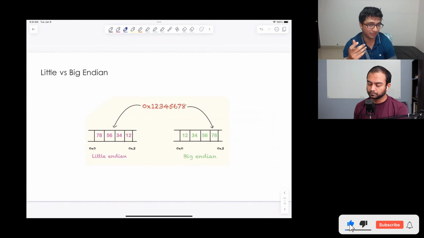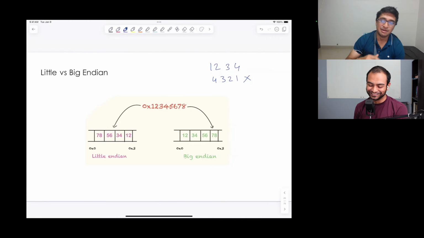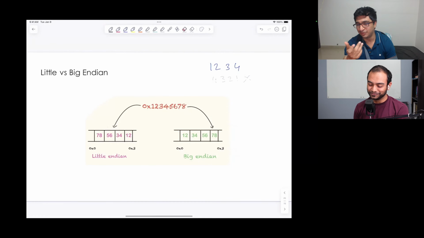I have seen people opening a debugger, looking at a memory view, and realizing that the numbers are not written in the right order, thinking that the data is corrupted. Instead of 1 2 3 4, they see 4 3 2 1, and think maybe I'm doing something wrong. But actually, it has to do with the Endianness of the system,